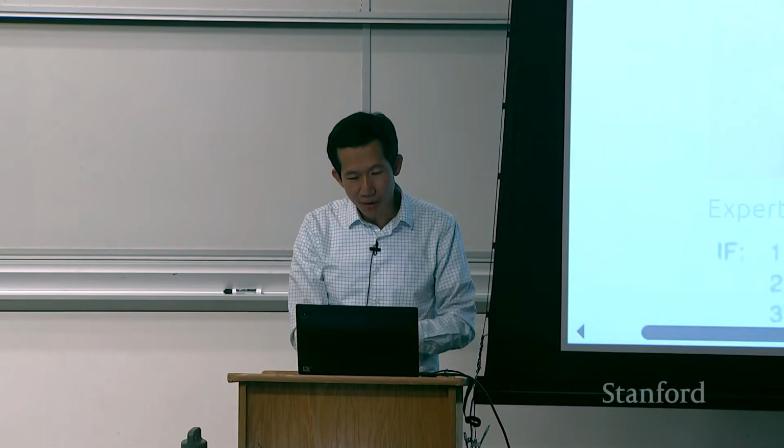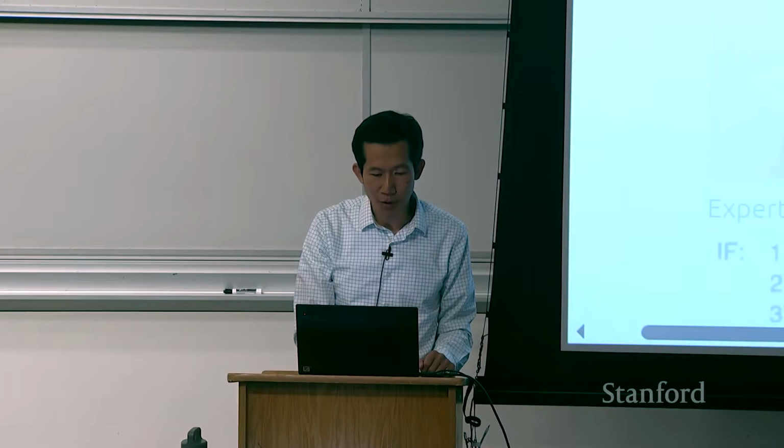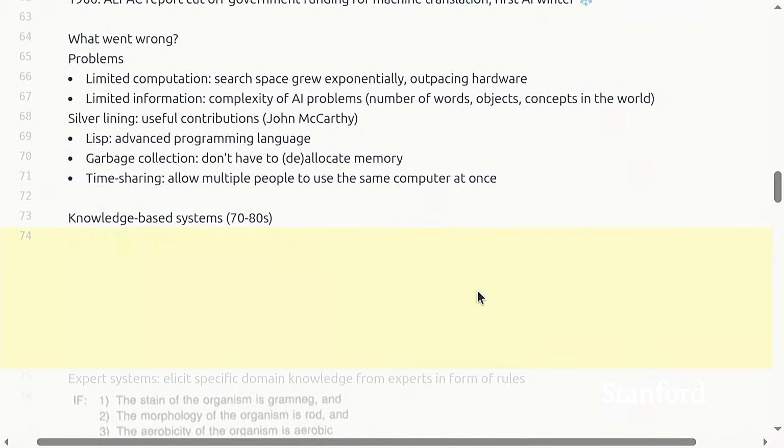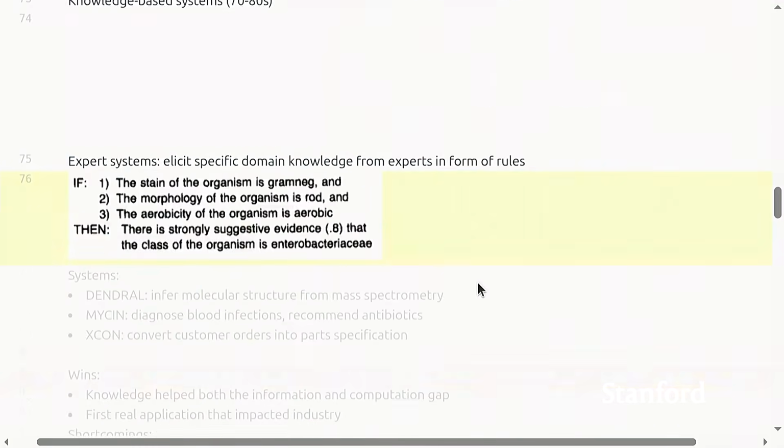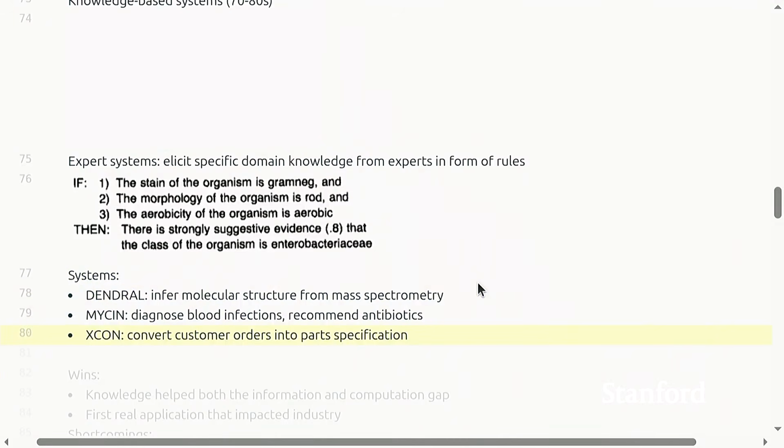So then fast forward through the 70s and 80s, folks were interested in knowledge. So remember, one of the problems with previous generation systems is that there was just not enough information in these systems. So then people said, okay, well, why don't we build these expert systems where we just go out to a domain expert, and then the expert's going to sit down and write all the rules. So you go to a chemistry expert or a biology expert, and they just write down the rules specifying what they know about biology. And there were a bunch of systems that were built back then to diagnose blood infections